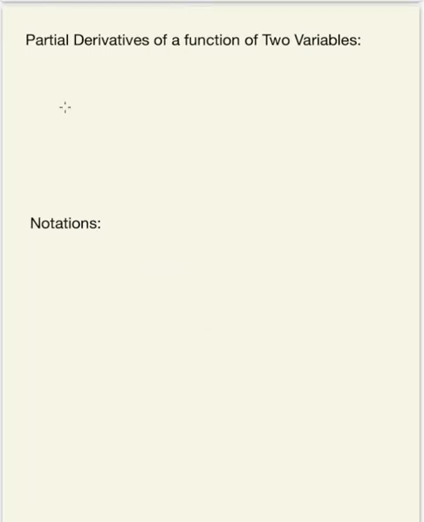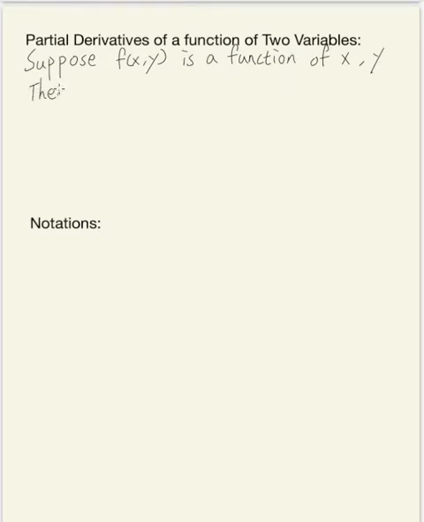Now suppose f of x and y, f is a function of the 2 variables x and y. Then